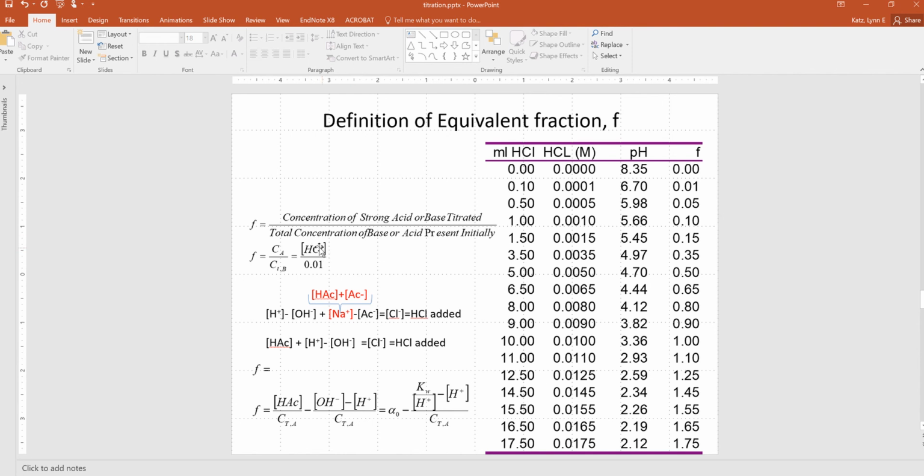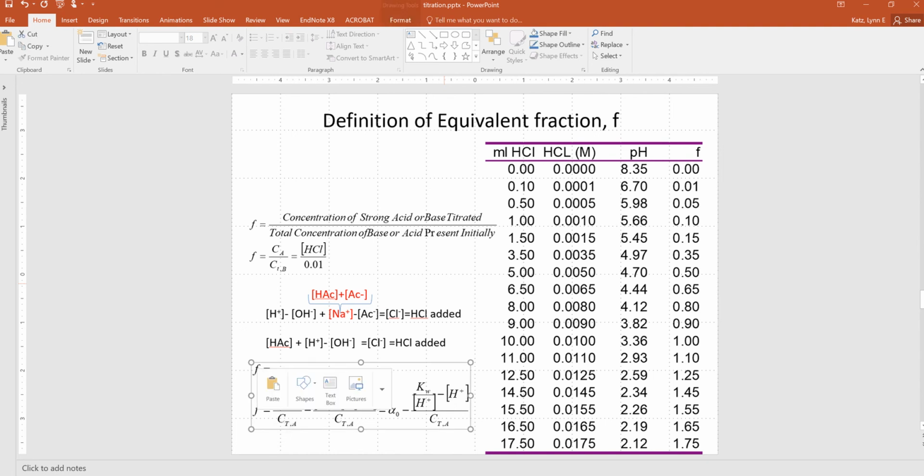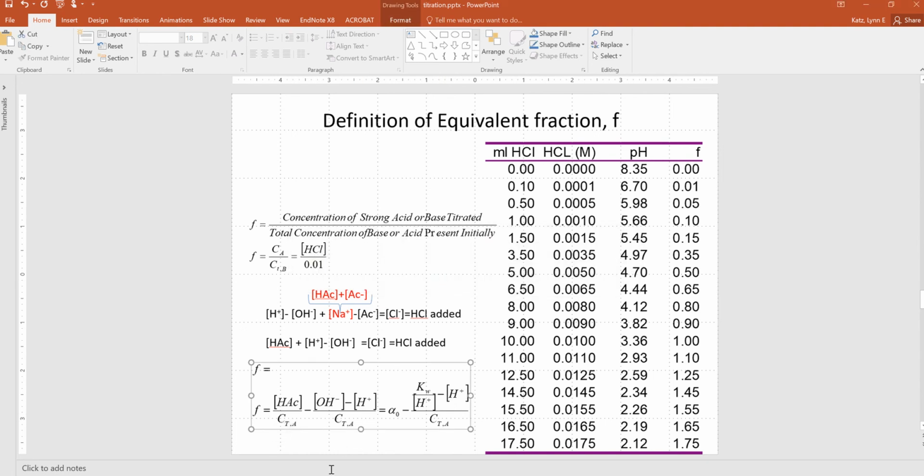which go in the numerator, divided by the total concentration of base or acid that I had initially. These should be B's. Sorry about that. I can't change them. So this is the 0.01 sitting at the bottom, the CTB. And so I have HAc minus OH, or sorry,